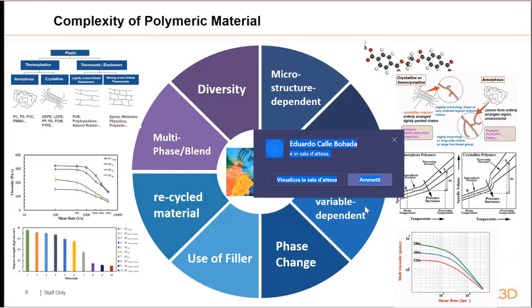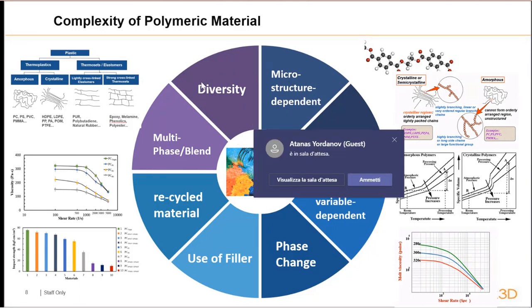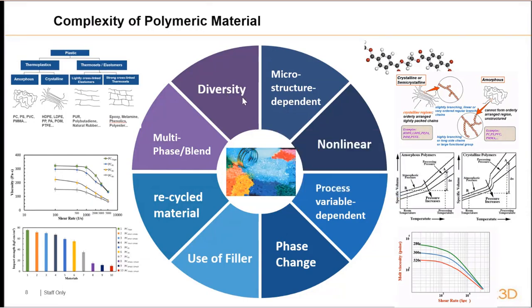Okay, so why is polymer plastic so complicated? Because there is a very big diversity of materials. Now in Moldex3D we have nearly 7,000 different materials in the database, and in the market there are, I think, more than 10,000 or even more grades available, and the different polymers, according to their